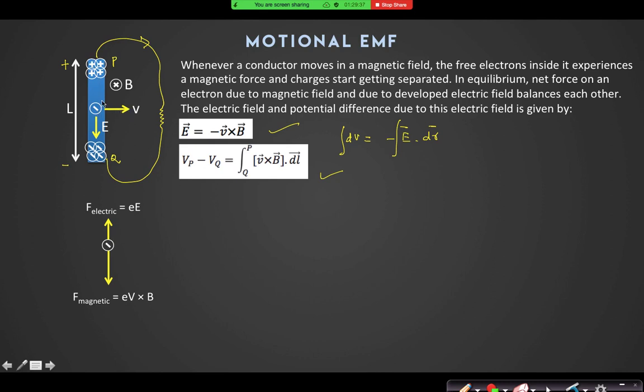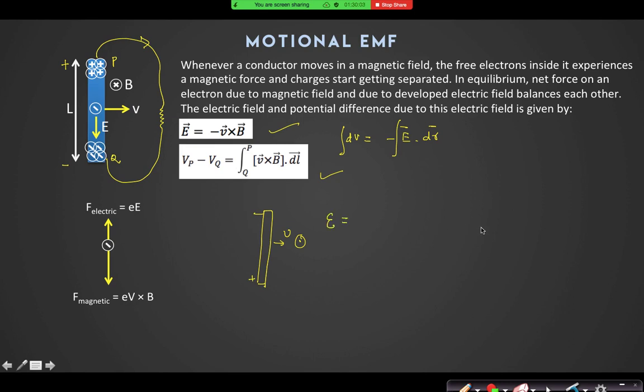Sir, please repeat again. I'm saying that if any rod is moving, suppose inside a magnetic field, a dot magnetic field, right? A rod is moving in a dot magnetic field. So if there was a positive charge, in which direction would the positive charge experience a force? Upward or downward? Downward. So the downward will be positive, upward will be negative. Right?